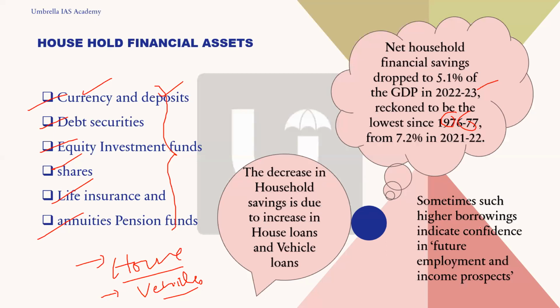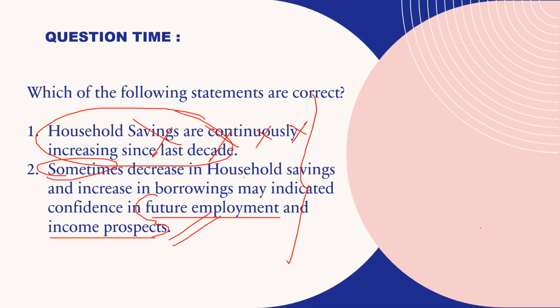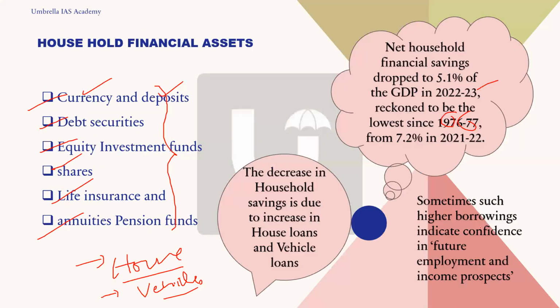This is clear, right, everyone? There is no doubt in this slide. The basic reason you just have to remember for the exam. Either they will ask you the increase or decrease aspect, or they will ask you the reason, or what are basically household financial assets, which I have given here. You can go through it.